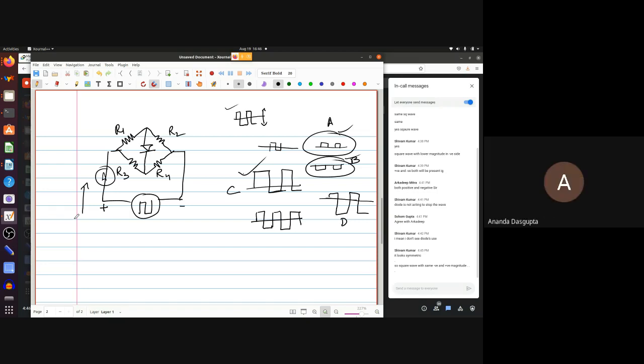Good. But which one will be which? How do you decide that? So how do you decide? There are two halves of this motion, right? One in which the current is flowing like this, the other in which the current is flowing like that. In fact, it will flow in both directions. So these A and B are out. They are not really correct. Current will flow in both directions. In one of them, the current will flow from top to bottom. In the other, from bottom to top. At least try to.